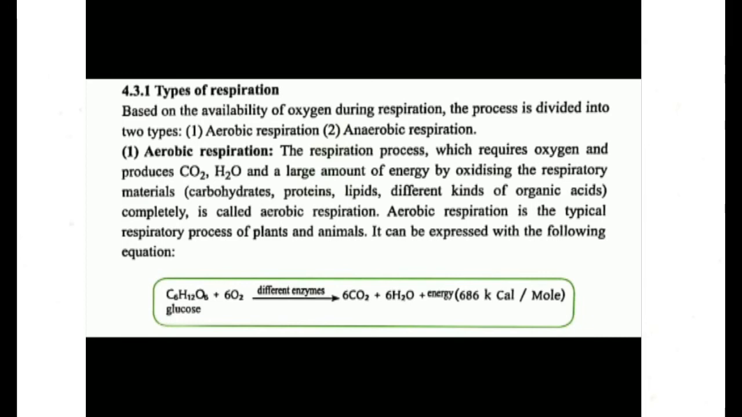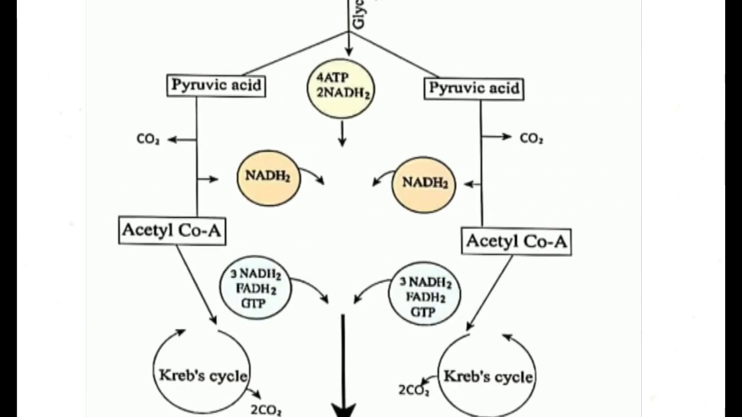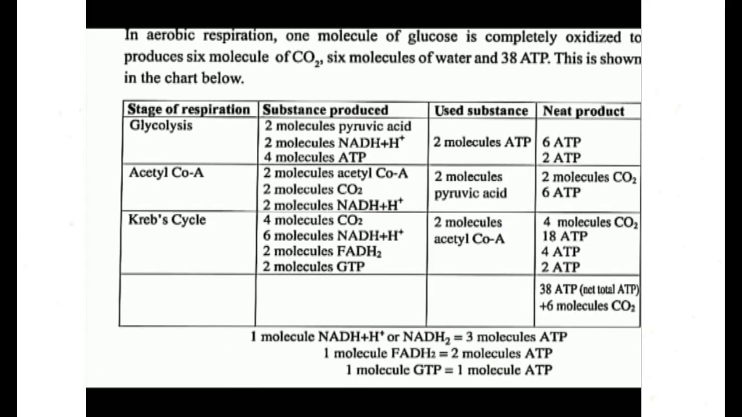So respiration is a very important process for all living organisms. Aerobic respiration is divided into 4 stages. First of all, glycolysis. Second is formation of acetyl CoA. Number 3, Krebs cycle, and last, electron transport system. By these 4 processes, the total number of ATP will be 38 molecules